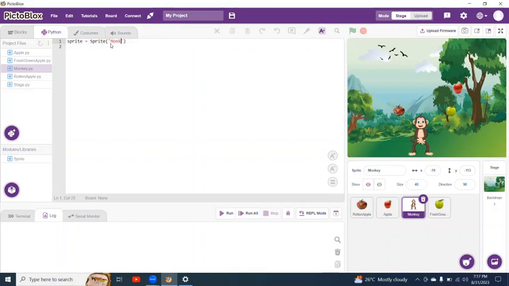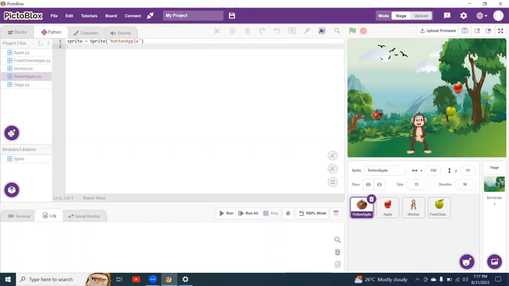Okay, it should have been monkey. Okay, so this is a rotten apple. It's expected that this monkey shouldn't eat it. The monkey should be going for the fresh one. Now, the beautiful thing about this program we're about to write is that